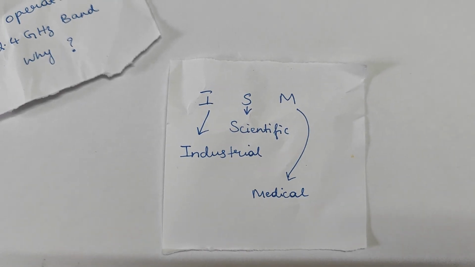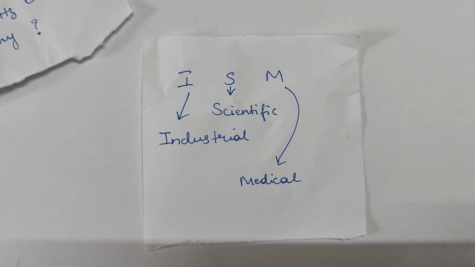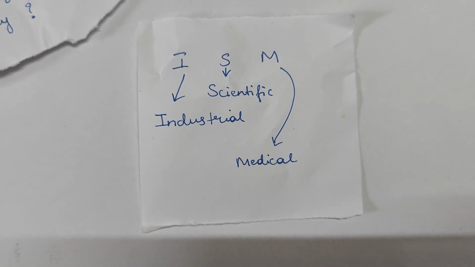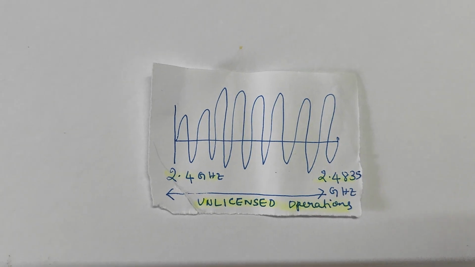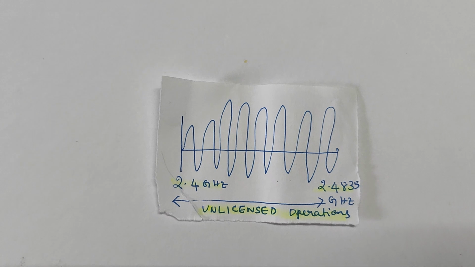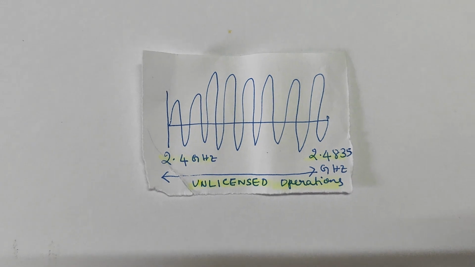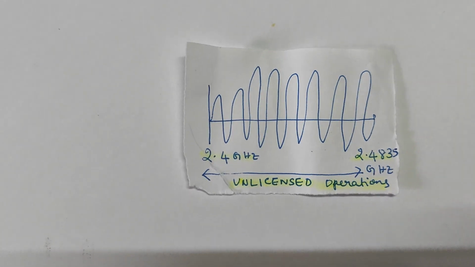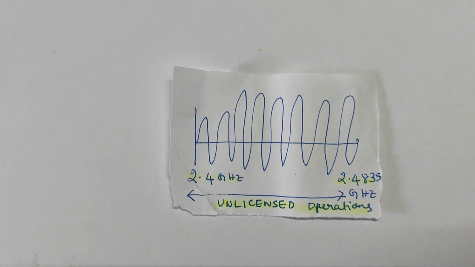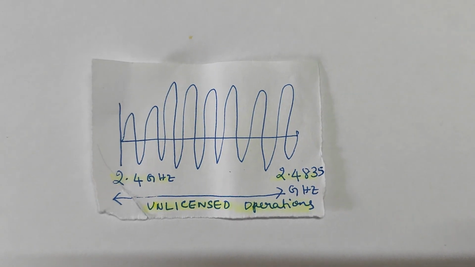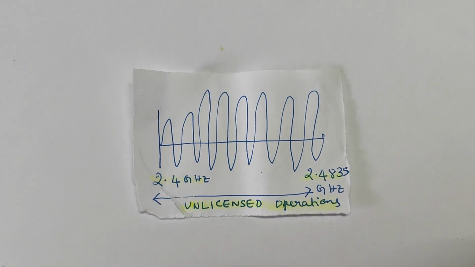Here we use multiple industrial applications like induction heating, plastic softening, plastic welding, and when it comes to medical, we use microwave and diathermy and multiple methods. The regulating agencies like TRAI are responsible for managing and licensing this electromagnetic spectrum for users. So this TRAI is the regulating agency for India, and it is responsible for managing and licensing this electromagnetic spectrum for users. So if we want to use any of these frequency ranges, we have to pay them and they